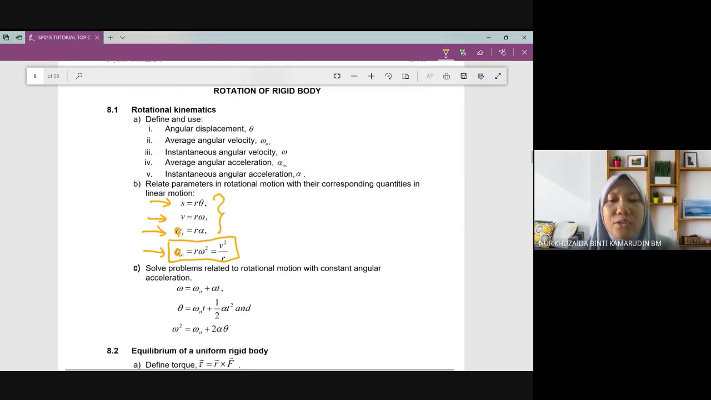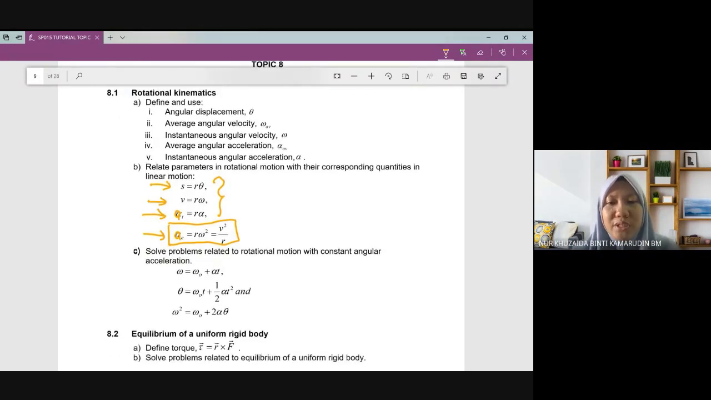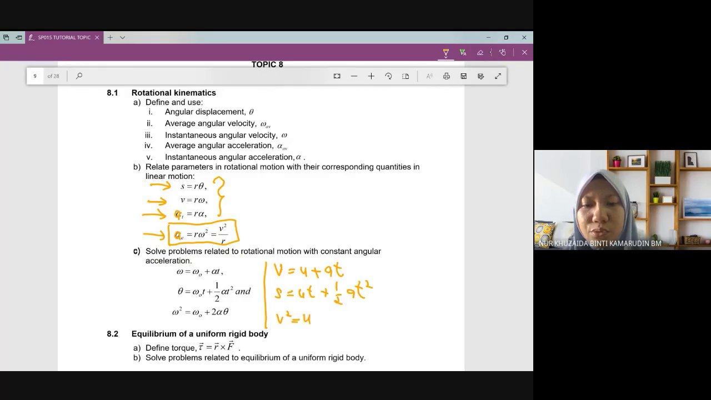Alright, and then solve problems related to the rotational motion with constant angular acceleration. So this one is actually analogous to the equation. For example, you have V equals to U plus AT. Okay, so dia benda yang sama sahaja, cuma you convertkan daripada linear kepada rotational lah. Okay, so this one is S equals to UT plus half AT square. Okay, and then the last one we have V square equals to U square